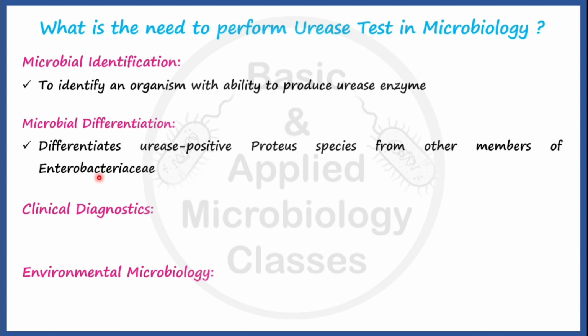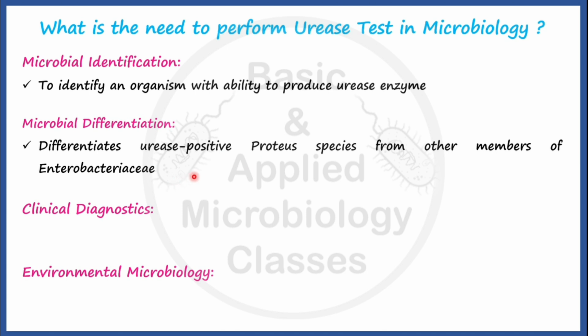You see, the Enterobacteriaceae family is a family of gram-negative bacteria, and those bacteria are mainly found where? In the human intestine, and are pathogenic types of bacteria. Like E. coli is there, which is the known causal agent of what? Diarrhea. Salmonella typhi is there, which is the causal agent of typhoid. They all belong to what? The Enterobacteriaceae family. And Proteus species are also found in the Enterobacteriaceae family, where they have been placed.